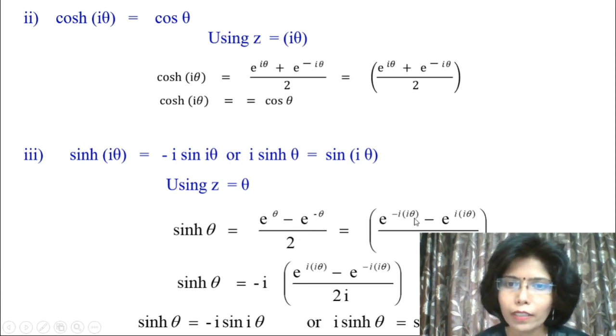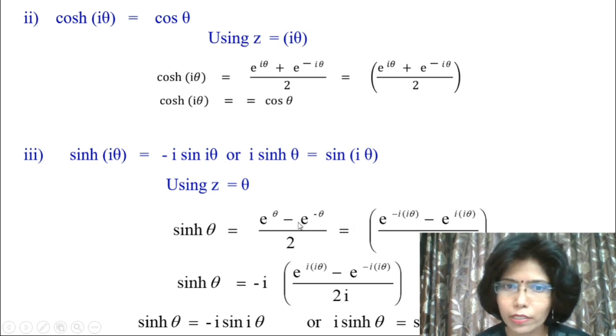If we multiply this theta with i, then we can write it as e raised to minus i theta. So after multiplying or solving this, we can write minus i square. Now we know that i square is minus 1. So minus minus will become plus. So again it will be theta. So it is e raised to minus i theta as it is, and instead of theta we have to write i into i theta divided by 2.